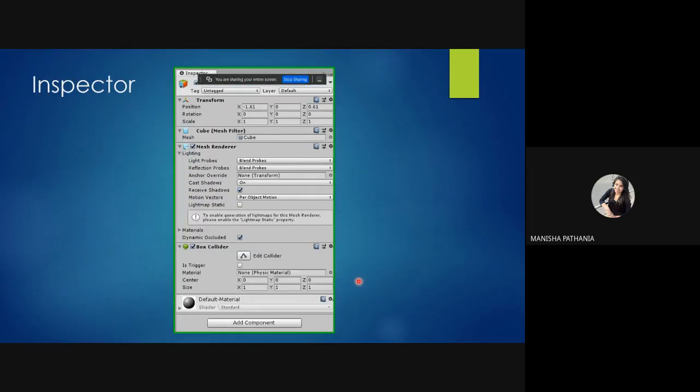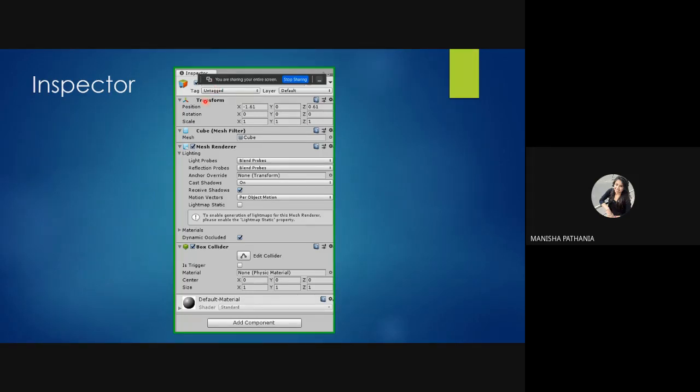Then is the inspector window. This inspector window will show the properties of the particular game object you want to see. If you click on any particular game object, it will reflect the properties of that object.